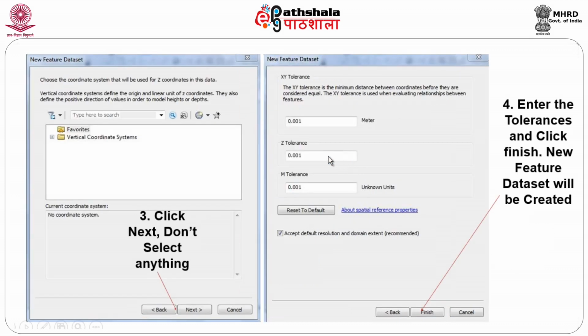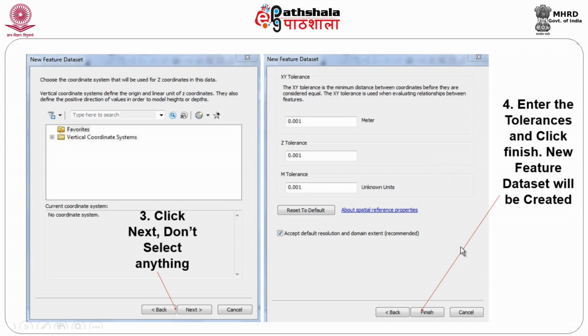Once you set the coordinate system, in this context also let me select the geographic coordinate system of that particular area. Now, you know that just a routine, all these things are invariably default. You do not have to bother about the changes, unless otherwise you have a specific application. Do not make any changes to this, just say next and then finally click on the tolerance. Tolerance and all these things are invariably preset. You can also give the value if it is required. Unless otherwise you are very much used to the context and the importance, you do not have to worry about that. It will all be there.